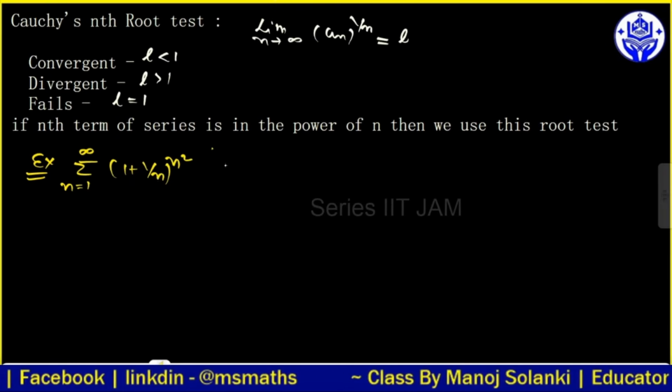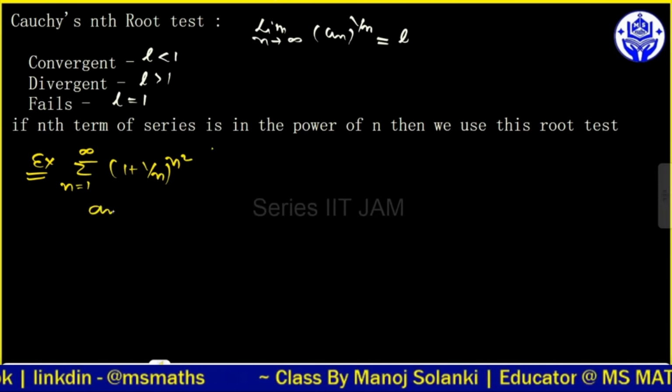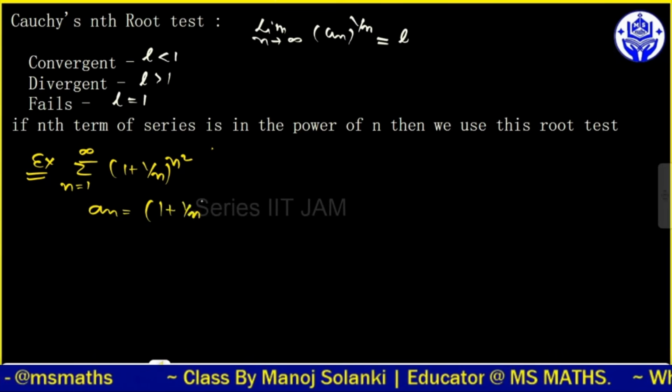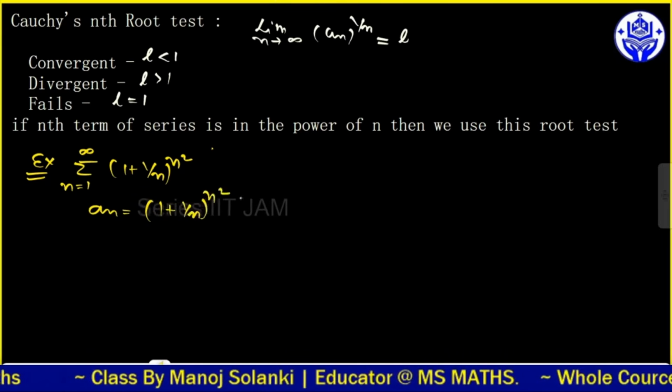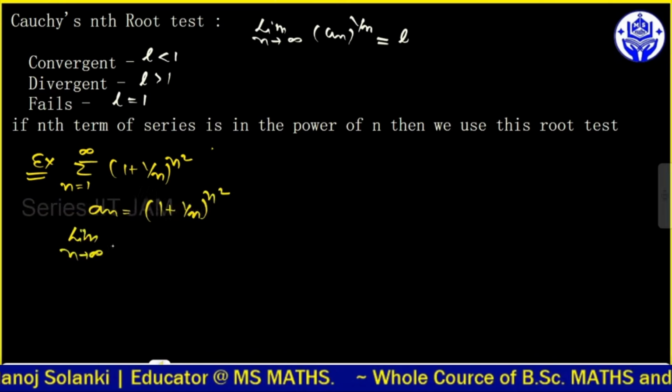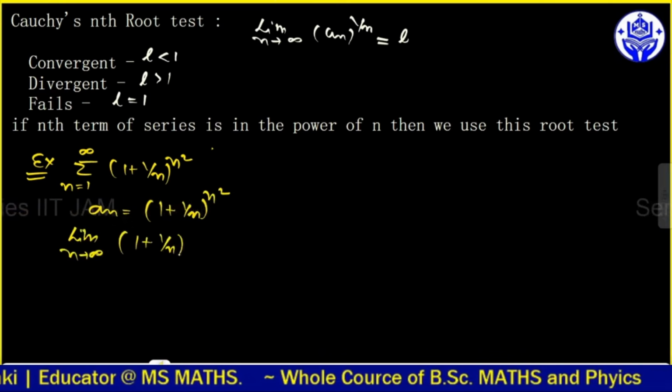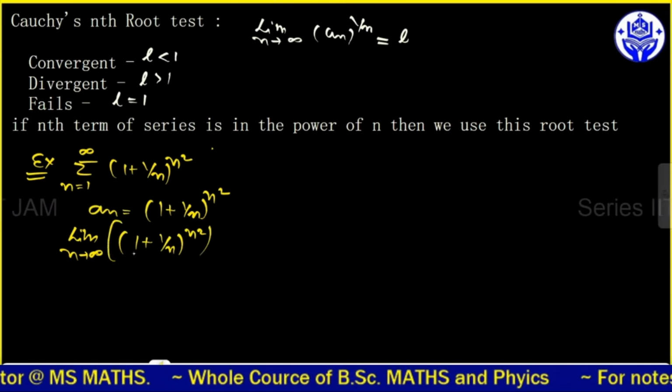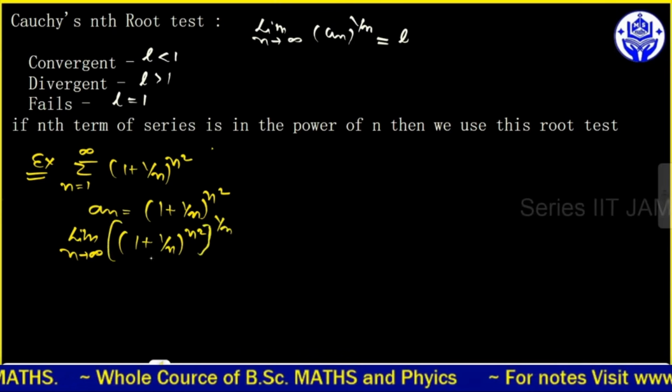ओके, तो सिंपल सा है कि यहाँ पे अगर मैं लिमिट पुट करता हूँ n टेंड्स टू इनफाइनाइट रख के, तो सिंपल सा हम an को यहाँ पे कंसिडर करते हैं (1 + 1/n) पावर n स्क्वायर। तो अगर मैं यहाँ पे इसको सिंप्लीफाई करता हूँ तो लिमिट n टेंड्स टू इनफाइनाइट करने पे (1 + 1/n) पावर n स्क्वायर हो जाएगा, और उस पर अपने को 1/n पावर लिखना है।